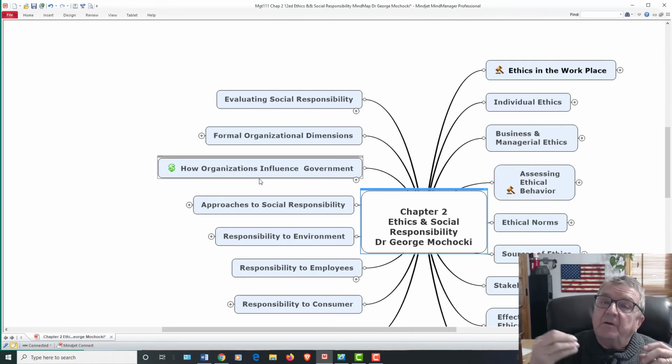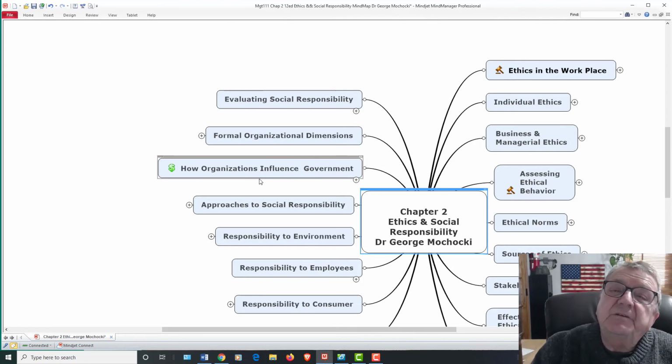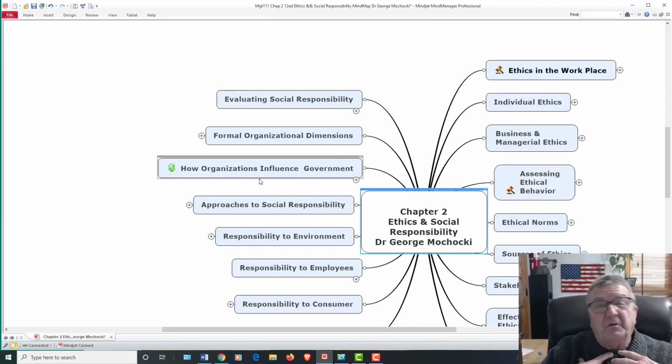Okay, evaluating social responsibility. We have a corporate audit, a social audit to see, even though you're not a customer, am I still treating you fairly? Am I treating the environment fairly? Am I treating the customers around the environment, my residents, my neighbors, for lack of a better word? Am I being truthful to my suppliers? Am I helping my employees? I'm not doing anything that's unethical, and it's good business practices, and it's helping everybody else.